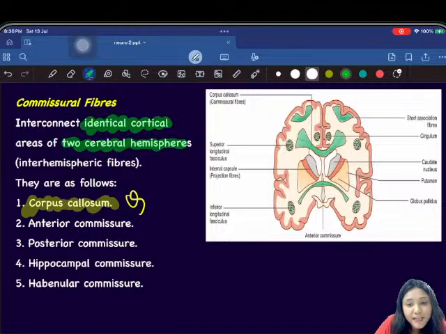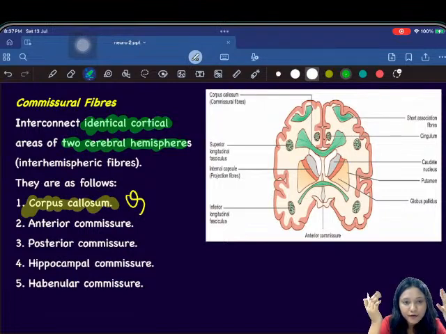It is not within the same cerebral hemisphere. If it connects two different areas in the same cerebral hemisphere, for example on the right side connecting only Wernicke's and Broca's, then it is an association fiber. If the connection is from the right to the left cerebral hemisphere, it is an interhemispheric fiber, and those are